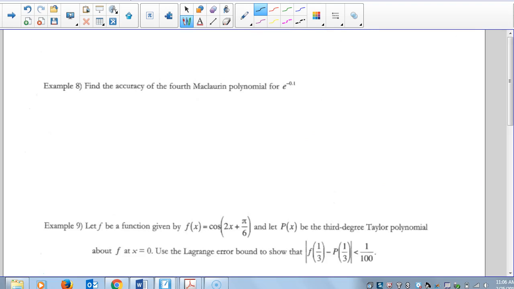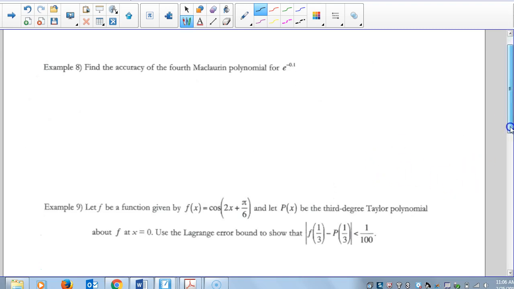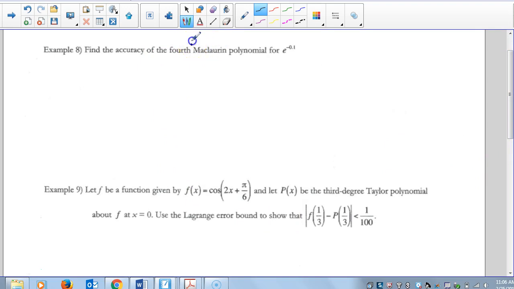So this time, I've got e to the negative 0.1. And the beautiful thing for this is that we're looking for a Maclaurin, right? The reason that's important is that my center is 0. So again, negative 0.1 is left of center. It's 0.1 away. So let's construct the Taylor polynomial. This again is something you have committed to memory. So you got 1 plus x